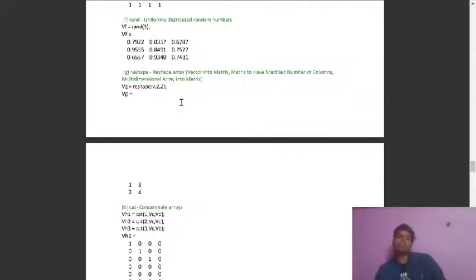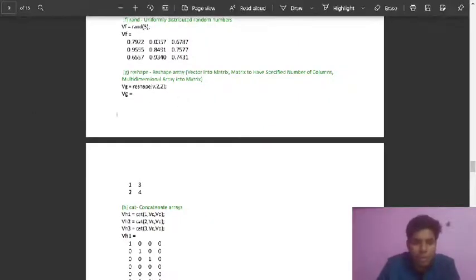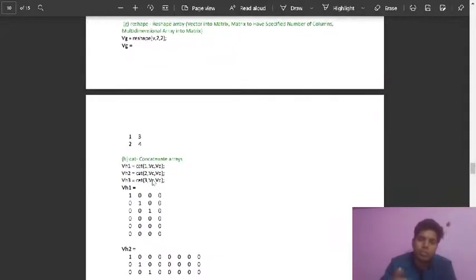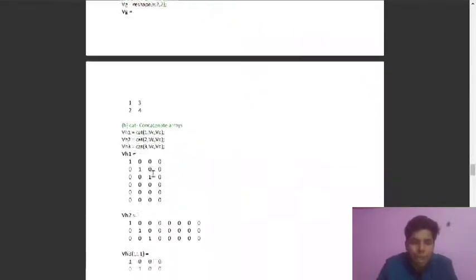Then you have to use reshape. So what does reshape do? Suppose you have a 5 by 5 matrix, and we want to reshape it as a 2 by 2 matrix. We take only a 2 by 2 matrix from our initial matrix, so we use reshape. As you can see, we are reshaping V as a 2 by 2 matrix. Initially it was a 5 by 5 matrix, and this takes the initial subpart of that matrix, and this is the H part.